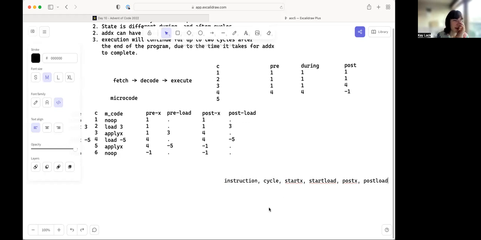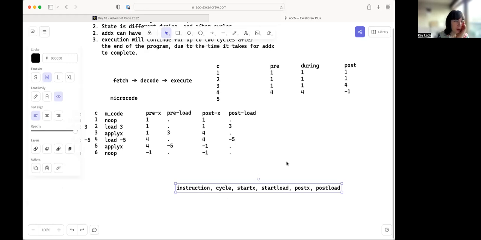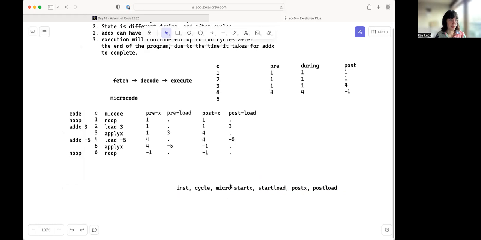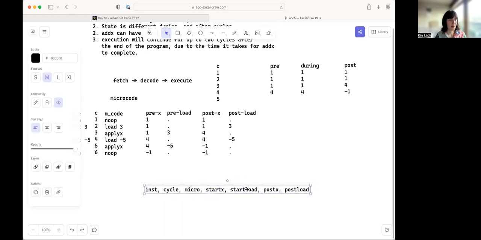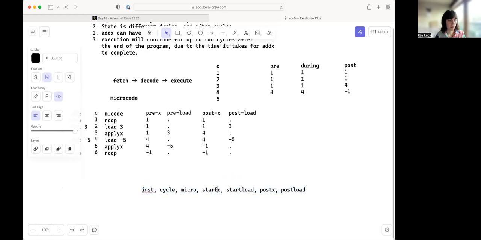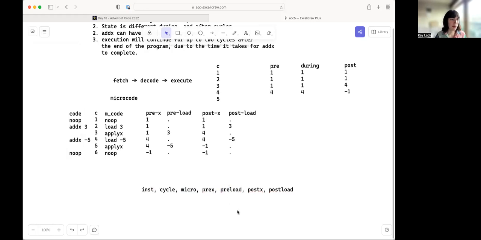And I want to see this in a table. So I've got to have this tabular format. That will be very handy for me. Or rather, instruction cycle micro start X, start load, post X, post load. So I want to see this, and this is going to help me